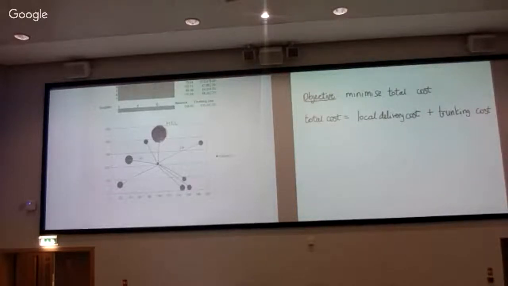So what is the local delivery cost? The first thing we observe is that we have 7 different customers. So we call the customers 1 to 7, and we'll have to add the cost for each individual customer all together. So K goes from 1 to 7. Now let's say that the demand of customer K is QK,